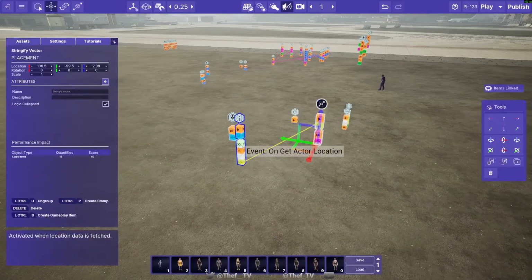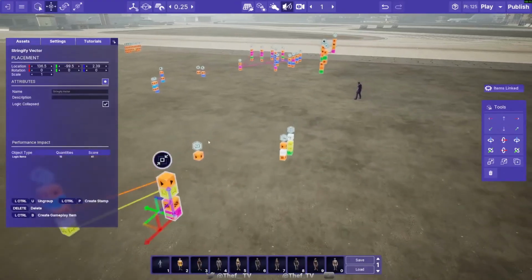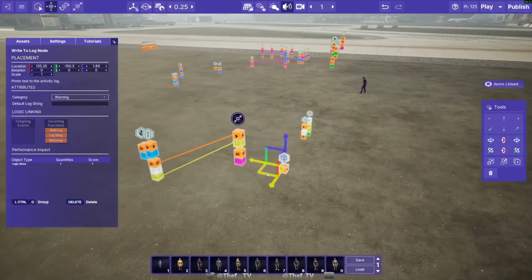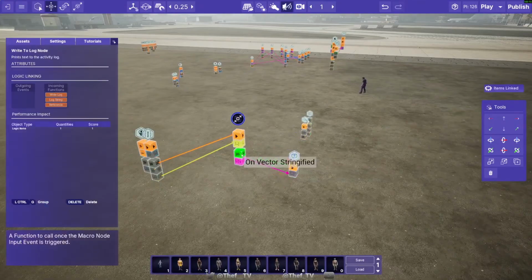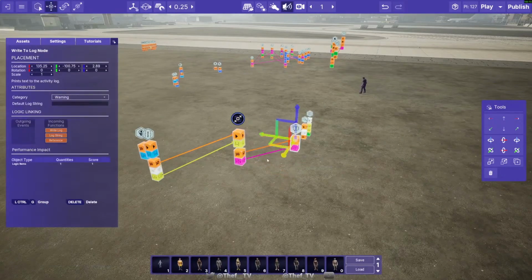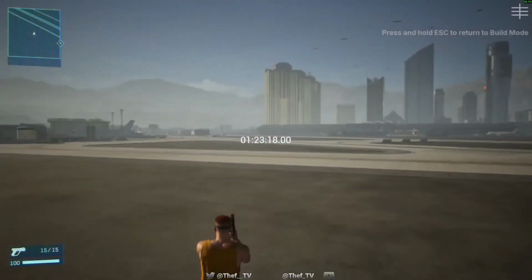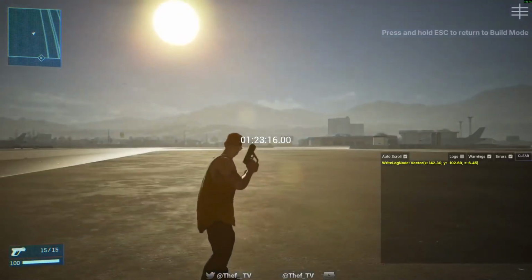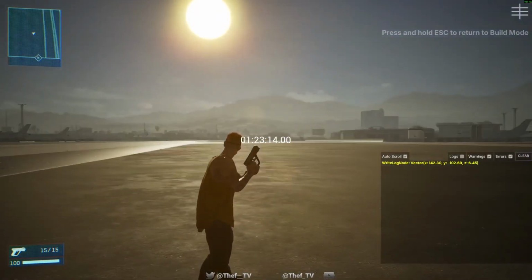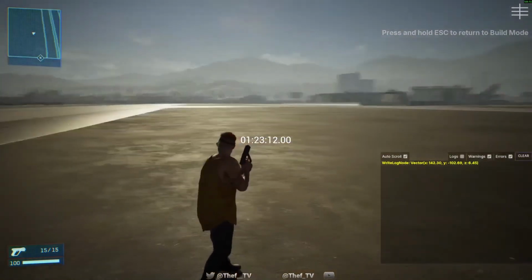We'll feed that vector into our stringify vector, and then we'll get our log here to output that to a log. If we go ahead and hit play, you can see we have the log over there,